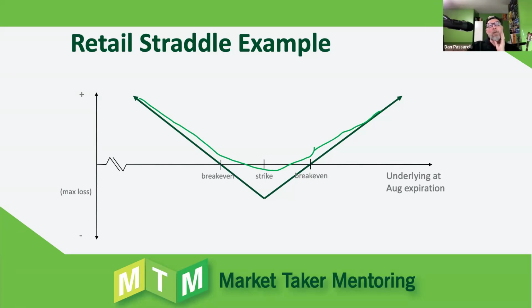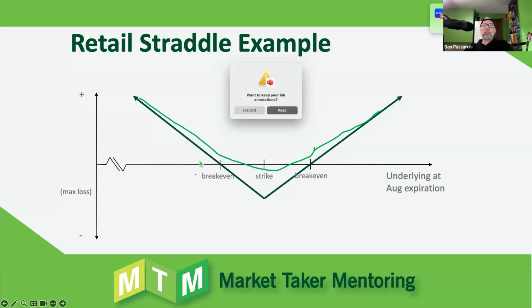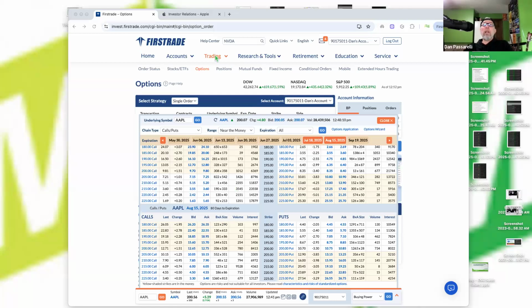Okay, so what do we cover so far? We covered the break evens, and we covered wanting to buy a little bit more time with the straddle. Let's look, though, at a bit of a more historical perspective. And if we go back to the chart,